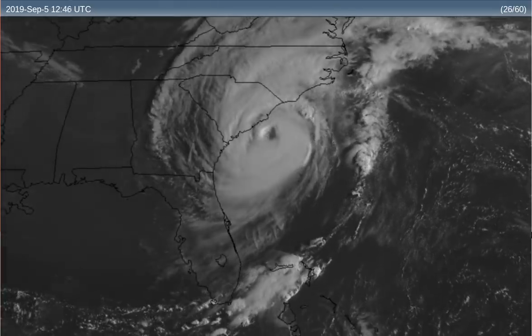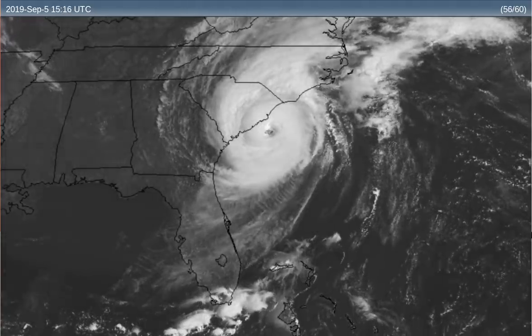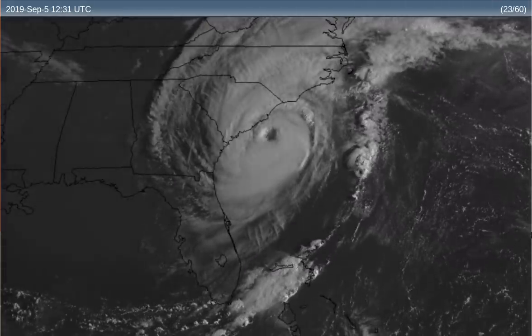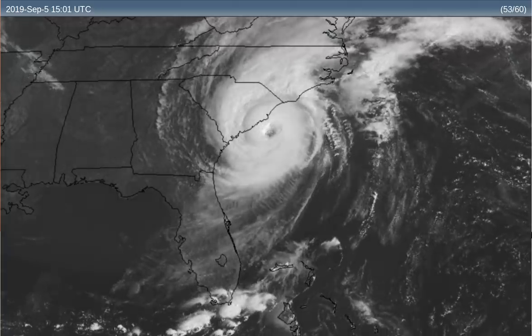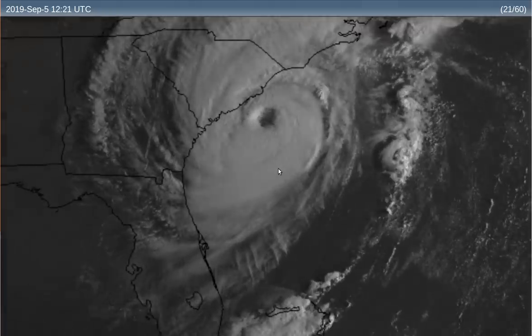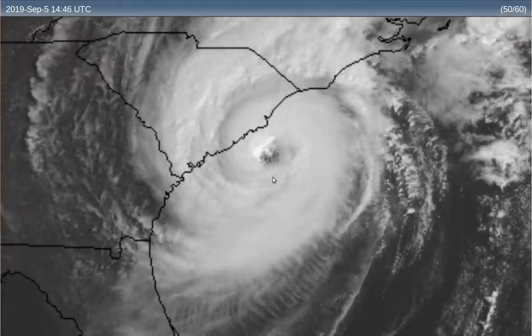Hello, this is a HAARP report, and I have survived my 3 externally generated medical crises. So I just thought I would show you this amazing proof of a megawatt microwave beam being aimed at the tops of Hurricane Dorian. And this is September 5th, the morning of September 5th,